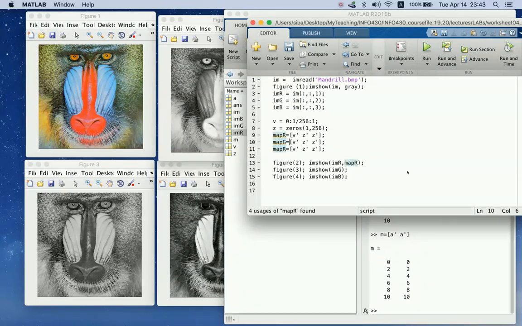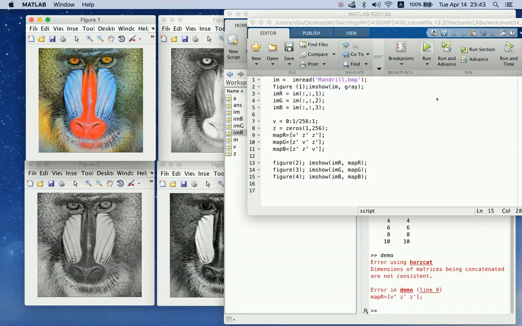For green I will have zeros and V and zeros, and for blue I will have zeros, zeros and V. And I want you to use here the map G, and here the map especially made for the blue channel. And now I will run my code and I will get an error,